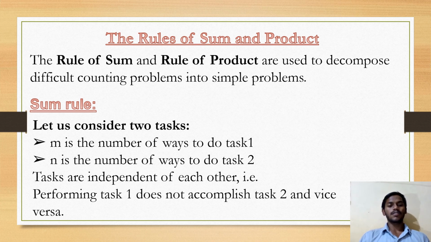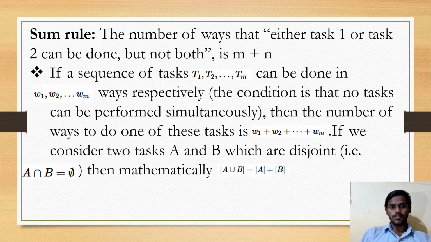Sum rule. Let us consider two tasks. M is the number of ways to do task 1. N is the number of ways to do task 2. Tasks are independent of each other. That is, performing task 1 does not accomplish task 2, and vice versa. Sum rule: the number of ways that either task 1 or task 2 can be done, but not both, is